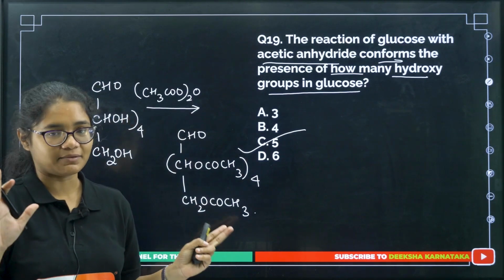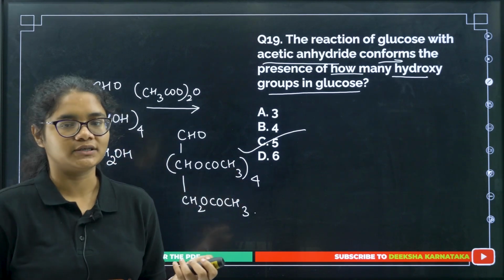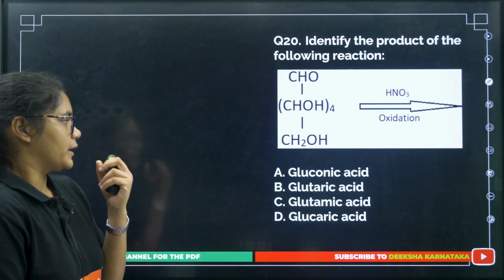We do not know whether it's primary, secondary, but it tells that there are 5 OH groups. So, correct answer is option number C here. Okay. Next question,